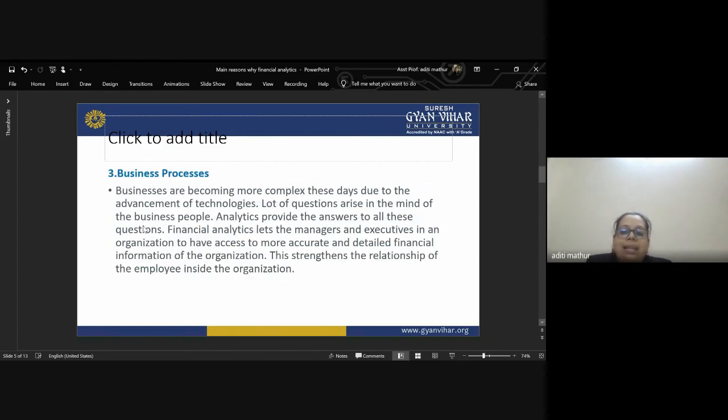finance department. Then the third main reason is business processes. The business processing itself has changed. Right now you first go with the analytics, और managers and executives give the green signals. Once that green signal is there, then you try to have the testing. After testing again you do the analytics, and when you have the very proper रिलेशनशिप, मतलब आपका डेटा बिल्कुल मैच कर रहा है या आपको लग रहा है कि हाँ सब सिमिलर सिमिलर रहेगा, तब आप उसका प्रोडक्ट लॉन्च करते हैं और मार्केट पे जाते हैं.